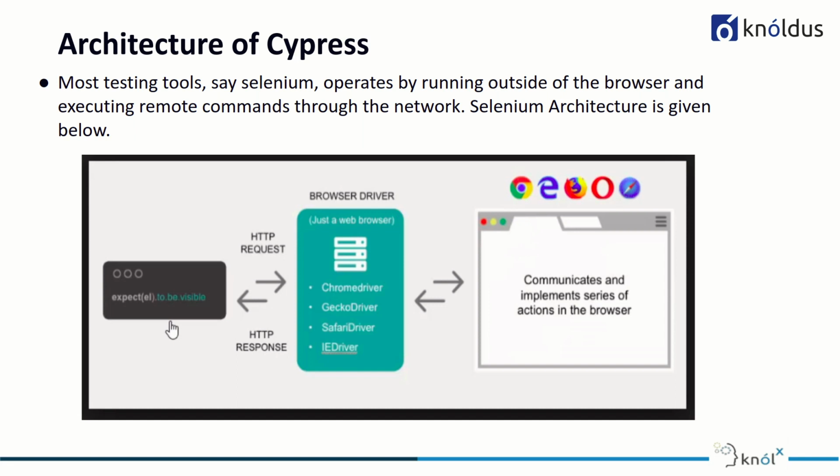So if you see the figure here, we have three things, right? We have the Selenium framework, then we have a browser driver, and then we have the browser itself. So in Selenium, you write your code, and it is wrapped as a JSON file, which is sent to your browser driver. The browser driver can be considered as a middleware between your testing framework, I mean the Selenium framework, and the browser itself. So it basically is a medium of communication between the framework and the browser only.